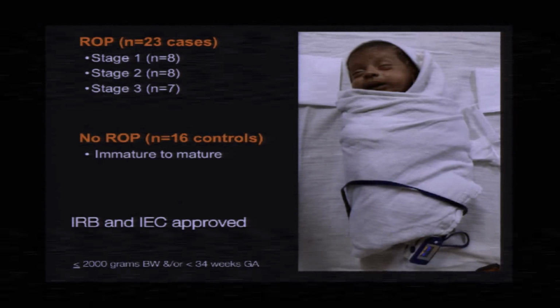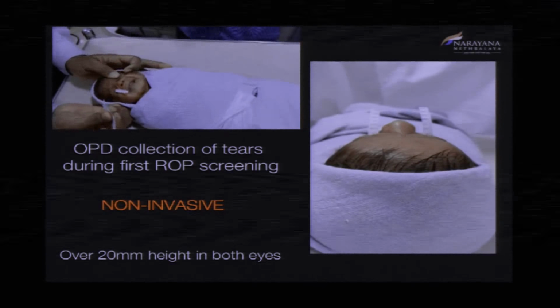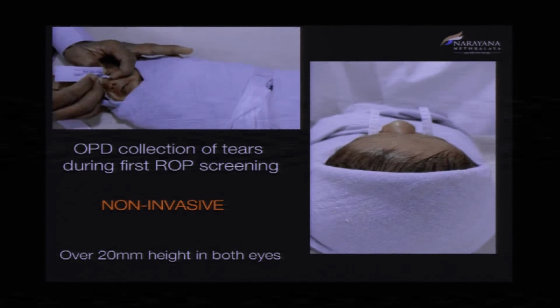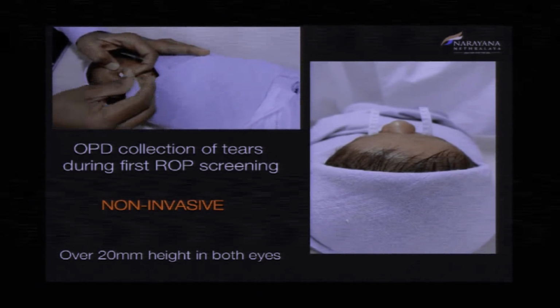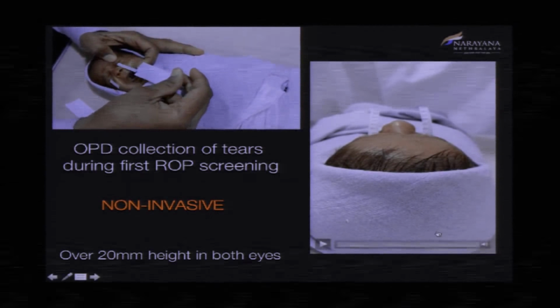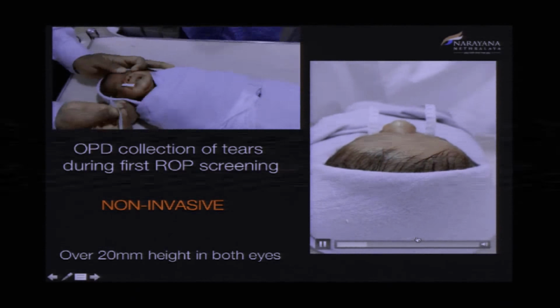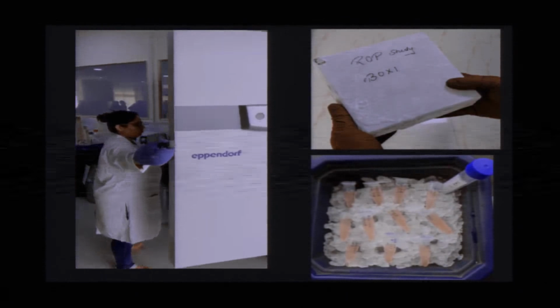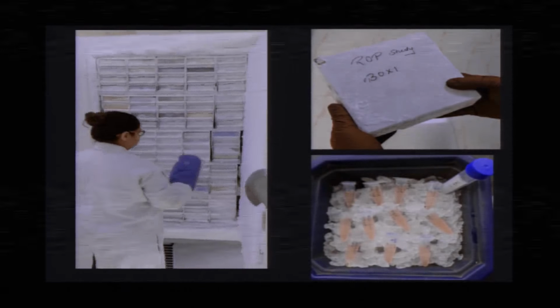About 39 preterm babies with and without ROP were included, and while they were undergoing ROP screening, they underwent tear examination, tear assessment, using the Schirmer's method in several visits. We made sure that the height of the Schirmer strip was 20 millimeters or more. These strips were then taken using the cold chain into the cryo-freeze of our laboratory, where they were archived and